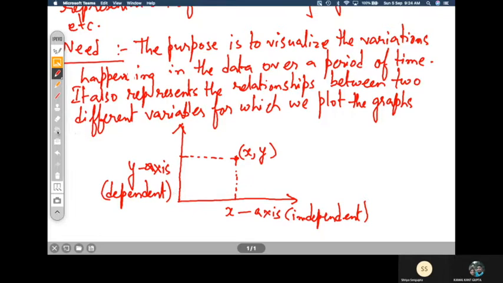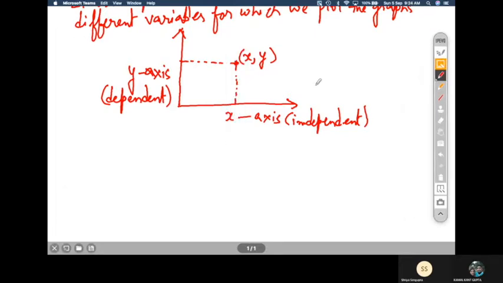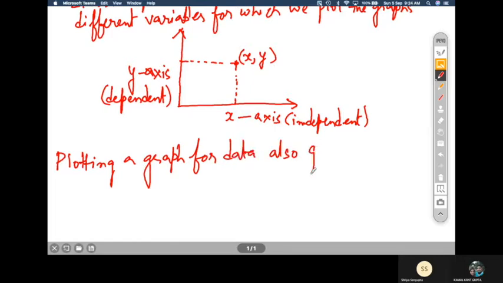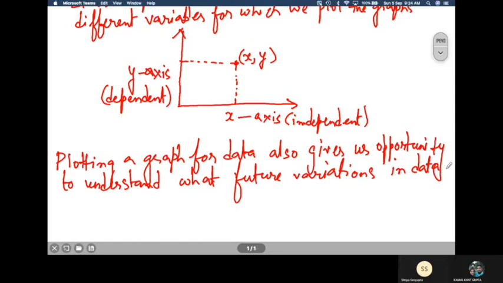Also, there is a very important point here to understand, that plotting a graph for data also gives us the opportunity to understand what future variations of data can be. That means you can understand how the data will behave in future by just seeing the graph, by interpolating the graph. These are called interpolating. So graph interpolation is done for that. So graph interpolation reveals the